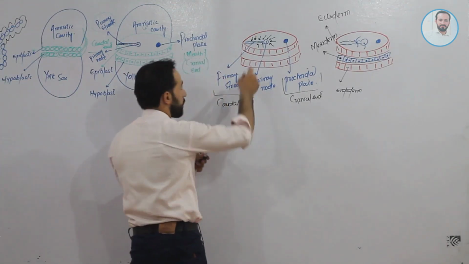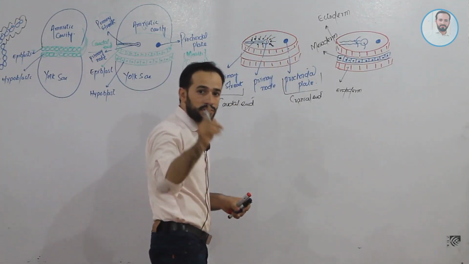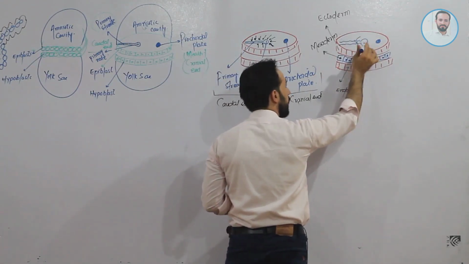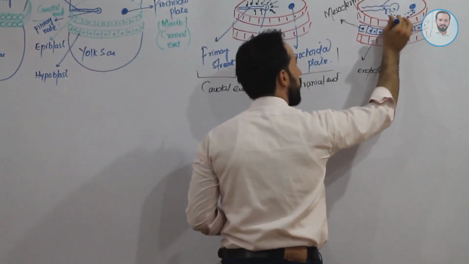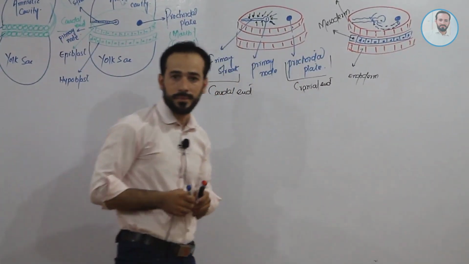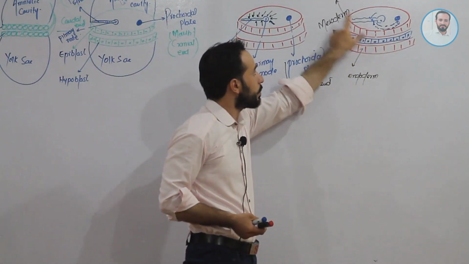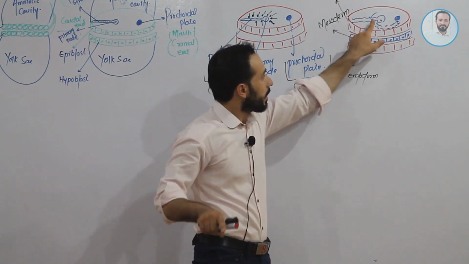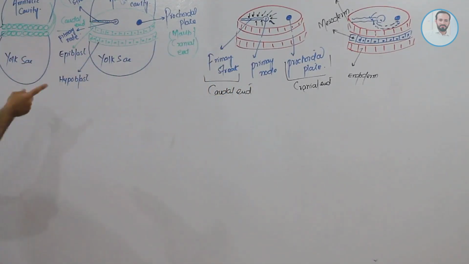As friends, these cells have started moving inside, and among them some of the cells have started migrating down, and they have made a tube-like structure. Clear? Some cells have gone down below the epiblast, below the ectoderm, and they have made the mesoderm, and some group of cells have gone down and they have made a tube-like structure, right? Let's focus on that structure here. In this diagram, we will show the tube also, right?